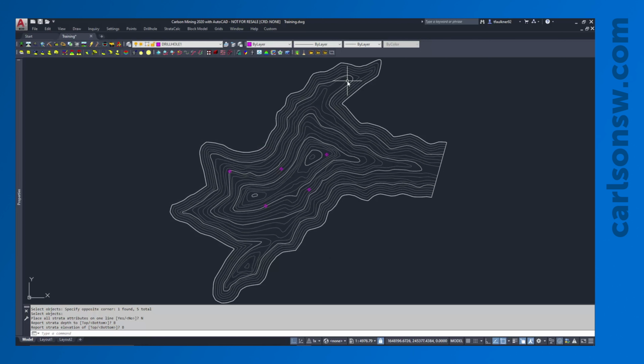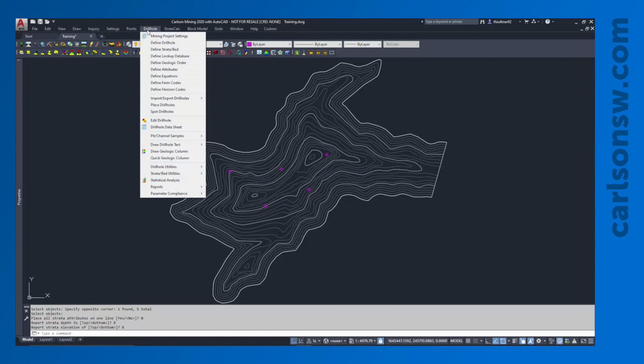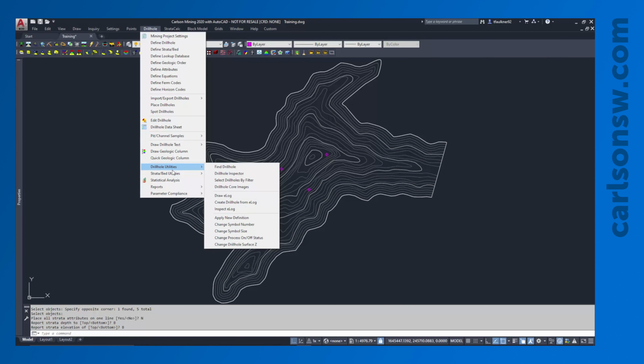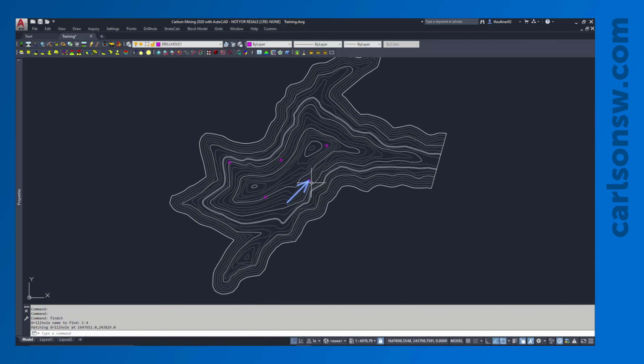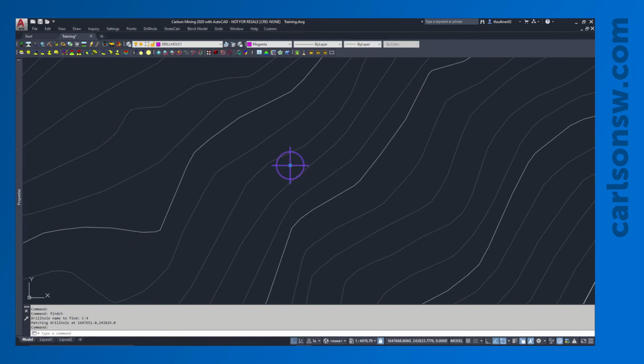And I need to find drill hole C4, and you'll recall we showed that just a moment ago. A quick way to do that is I can go to Drill Hole, pull down, Drill Hole Utilities, Find Drill Hole. And say let's go with drill hole C4. It points to it. I can double click on it,